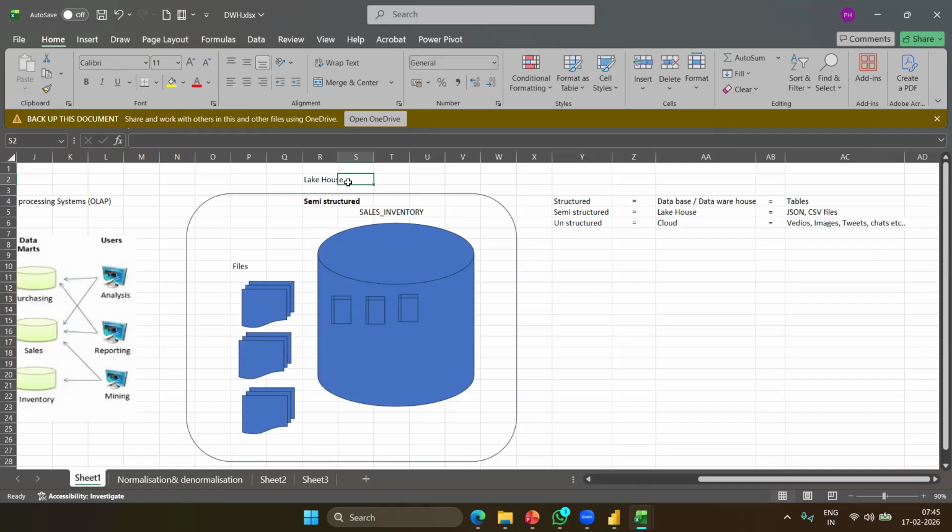So wherever we have the semi-structured, that entire thing we call a lakehouse. The database is structured and the lakehouse is going to have semi-structured. Now the latest technology refers to the cloud, where we can store unstructured data also. When you say unstructured, it can be videos, images, tweets, and everything.